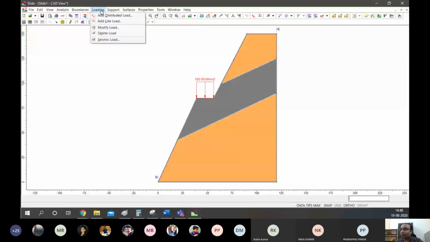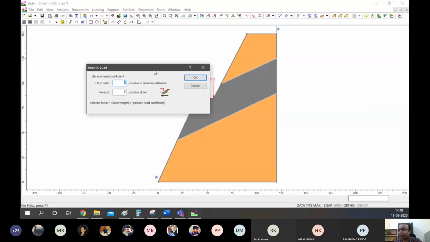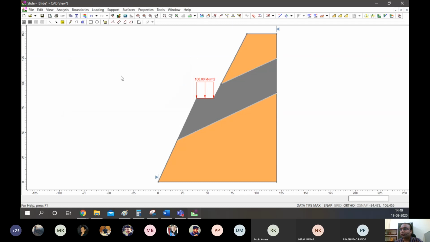So this can be loading. There are other methods also. You can put a single point load. I have added a distributed load, which you saw. We can put a seismic load. We are very prone to seismic zones, such as high seismicity areas like the Himalayas. So we can put in what kind of seismic load we want, in terms of forces applied in the horizontal and vertical direction. That is possible. Let's not do that right now. Let's do that in a later example, right?